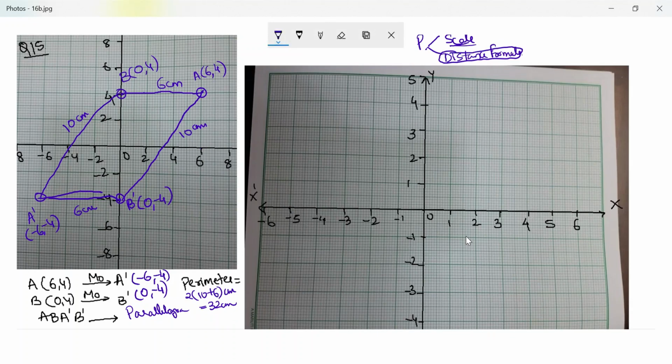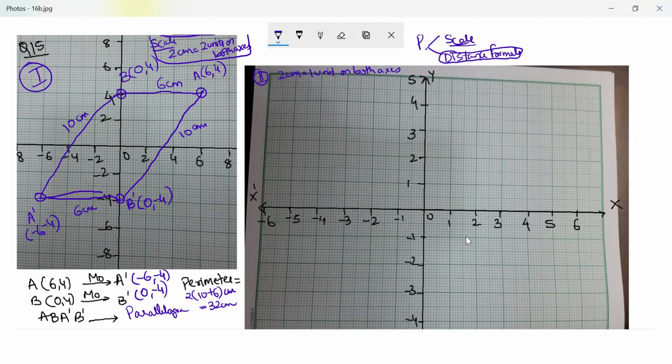But let's look at two students. This was student 1, who plotted on a graph where the scale taken on both axes was 2 centimeter is equal to 2 units. And there's another student, student 2, who has taken 2 centimeter is equal to 1 unit on both axes. So let's see how the answer would differ.